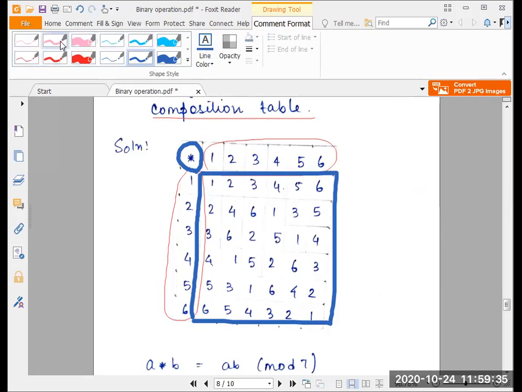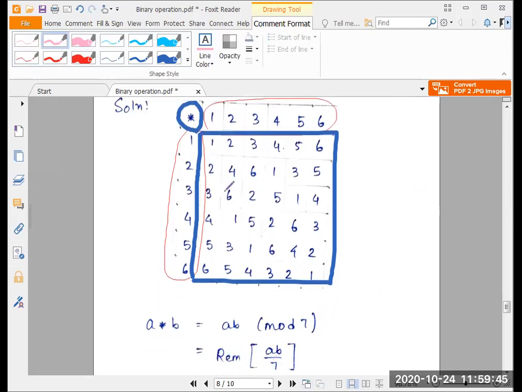So let's take a different color this time. What we do is, for every row and column, we do this calculation, that is the remainder of AB by 7, and we put the result here. So let's take it one step at a time. We'll do the first few, and the others I want you to do at home on your own with pen and paper, and I want you to check this. If you want, you can take a screenshot of this screen itself and paste it somewhere for future reference, or you can just try it. The best would be to come back and look at this video again. That would be the easiest and the best, of course, for you and me.